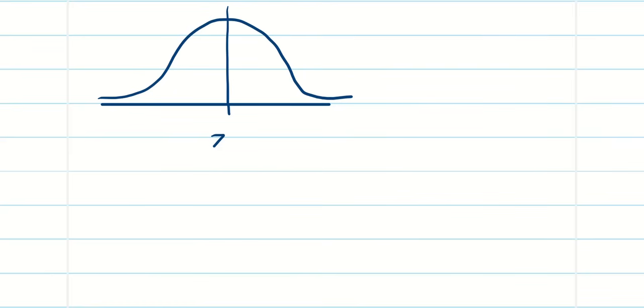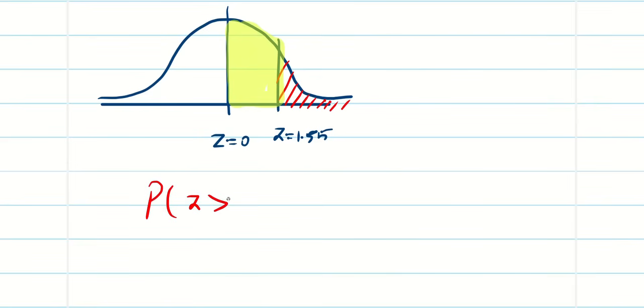And the diagram is absolutely necessary, as I said. In normal distribution, the diagram is very, very important. So when I take z equal to 0, z equal to 1.55, my region is going to be greater than 1.55. But do you remember, we already spoke a lot in normal distribution: I cannot go up to infinity. So the probability of Z greater than 1.55 can be replaced by the half area, 0.5, minus the area from 0 to